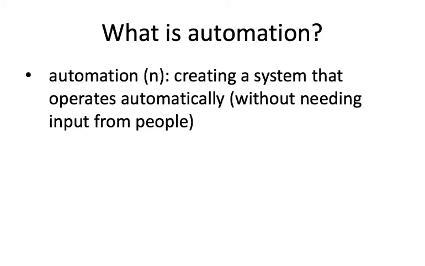As time has gone on, we've created systems that were more and more automated. It is not exactly a thing where you have complete automation or you have complete human input. It's a spectrum. So maybe in earlier versions of automation, you only needed somebody to do something every 5 minutes, 10 minutes, or maybe you only need somebody to start it and stop it. But newer automation can run longer without needing people to be involved.